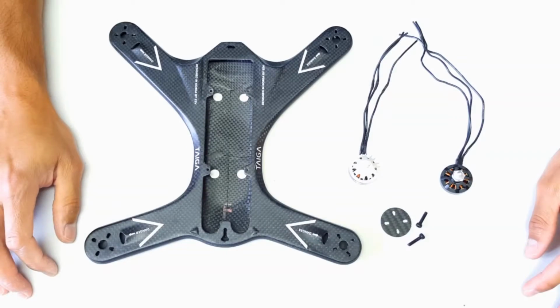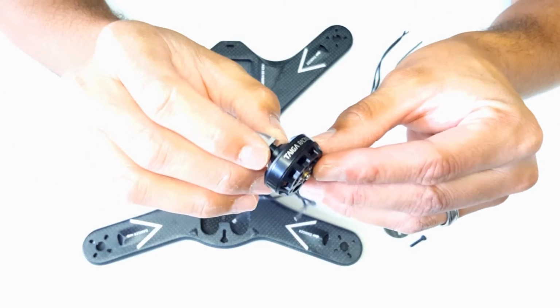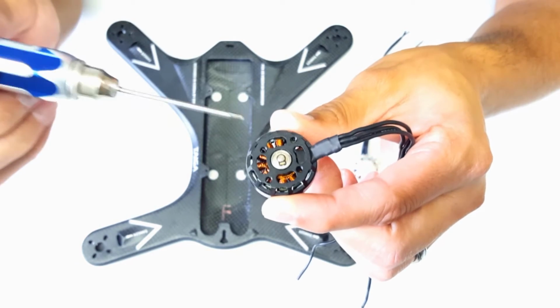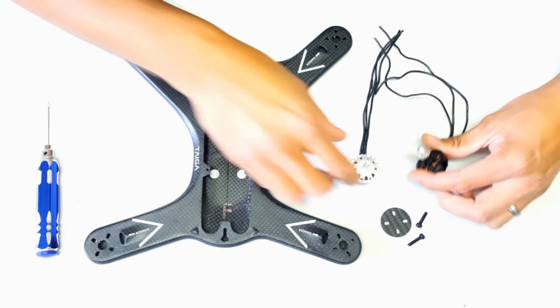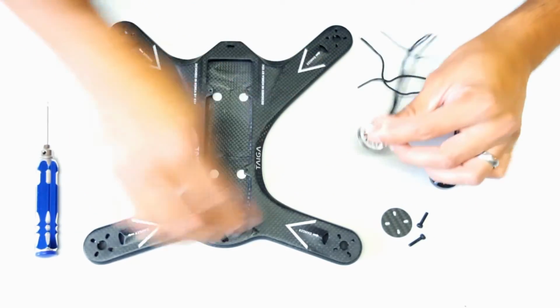This segment is going to cover the installation of the motors onto the main carbon fiber plate. Now the stock kit comes with Taiga branded 2204 2300 kV motors. What's kind of odd is that they use an M2 size screw to attach the motors to the main carbon fiber plate. So if you're looking to upgrade or to use a standard size common motor, you're going to have